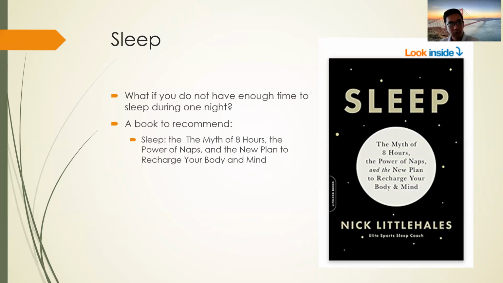The suggestion in this book is that every week you need to have at least 35 hours of sleep in total. So 35 hours of sleep in 1 week, which is 7 days. It means that every 7 days, you need at least 35 hours of sleep in total. You can calculate how many hours you need per night on average: 35 divided by 7 is 5.